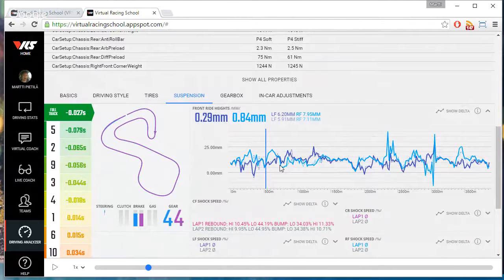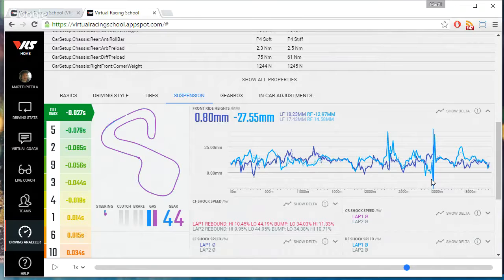So you can see that in turn number 1, it appears that the car is bottoming out on the exit of turn 1, probably when I'm going over the exit curb. Otherwise, it's fairly decent apart from the second to last turn. Again, probably quite heavy use of curbing,